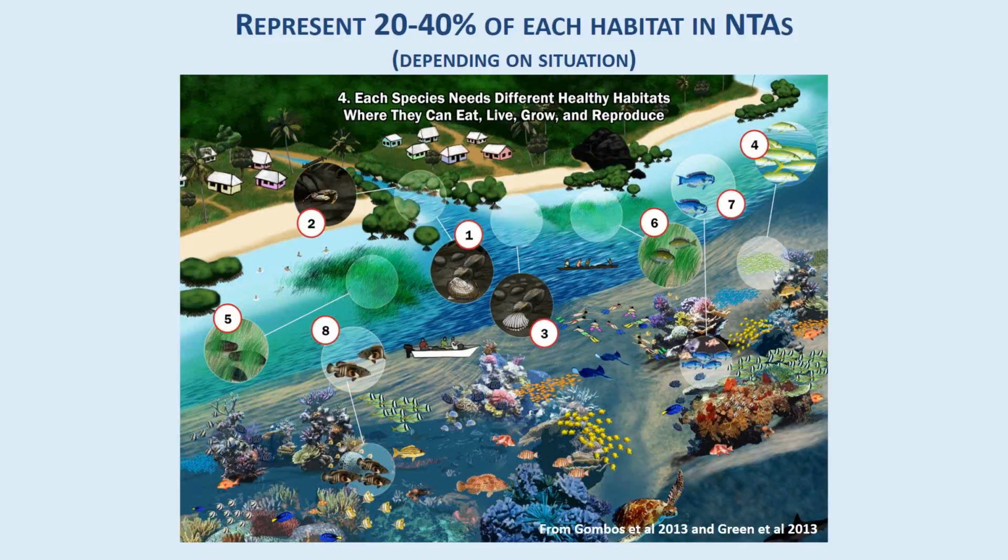Some people would argue for even more now because climate change is going to affect these ecosystems so much. On the other hand, if you're fortunate enough to live in an area where there's not much fishing pressure, or there's good fisheries management outside, then you can aim for a lesser percentage, maybe 20%.